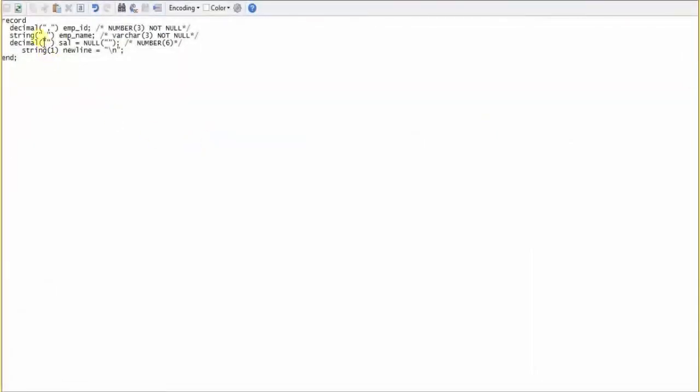So just to show you the difference, I've declared my target DML structure as the same file format, but with a comma delimiter and the same decimal, string and new line.